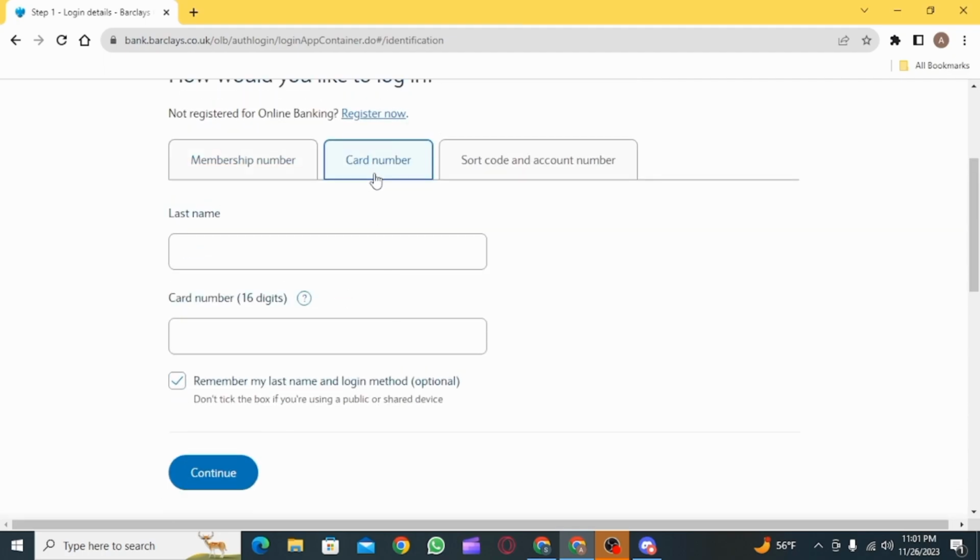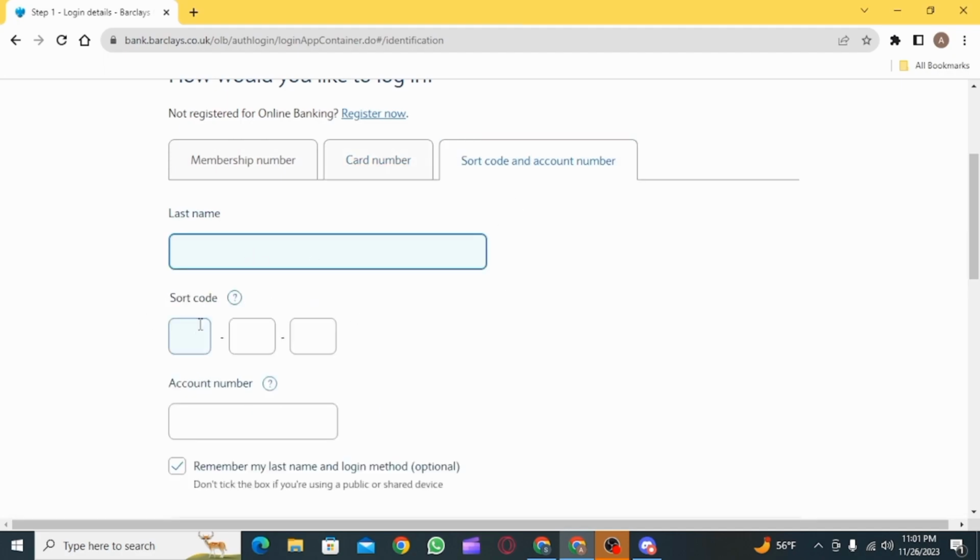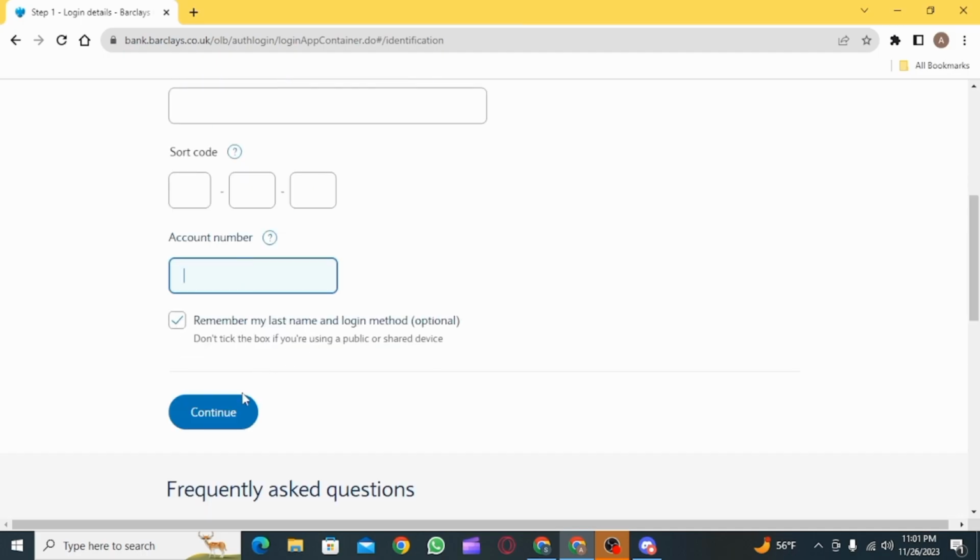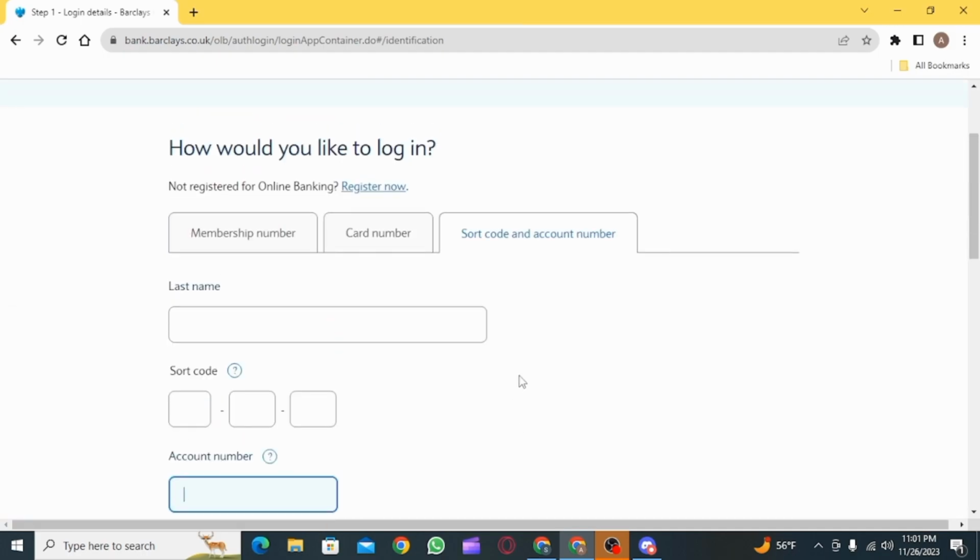continue option. To log in with your card number, enter your last name, your 16-digit card number and click on continue. For sort code and account number, enter your last name, sort code, account number and then click on the continue option. Now you can use any of these methods to log into your Barclays online banking account, and that's